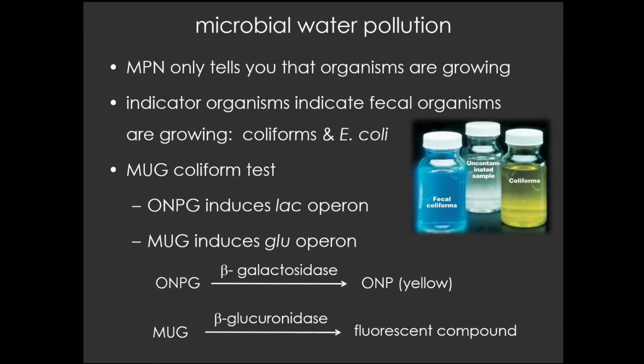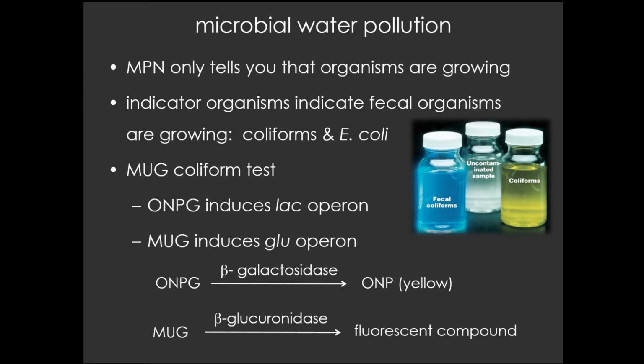Now, ONPG, which induces the lac operon, will induce that operon in any organism that has the lac operon, and that includes lots of organisms that are packed together into what we call the coliforms, the gram-negative bacilli. So ONPG, which is converted by beta-galactosidase, which is part of the lac operon, to turn to a yellow color, simply indicates to you that there are coliforms present, which, if you're talking about a recreational water sample, may be part